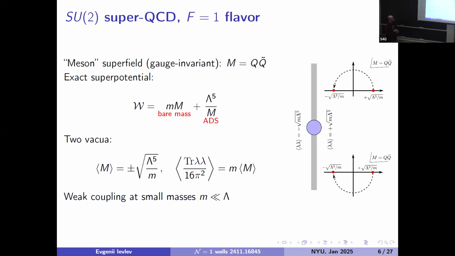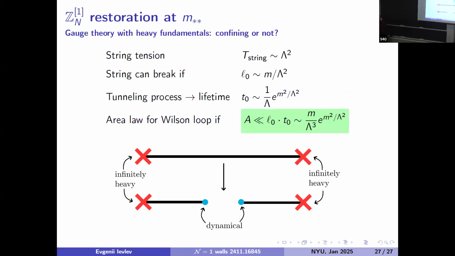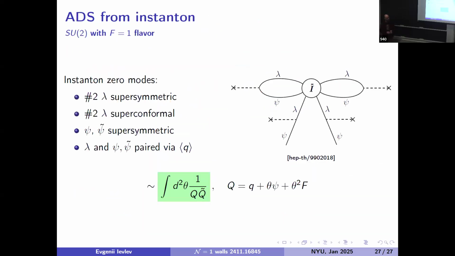Including this lambda to the 5, but then the numerical coefficient is undetermined. You can also determine the numerical coefficient, but for that you need to do a full instanton computation. So yeah, I actually had one slide which I removed. You can do one instanton computation and compute the